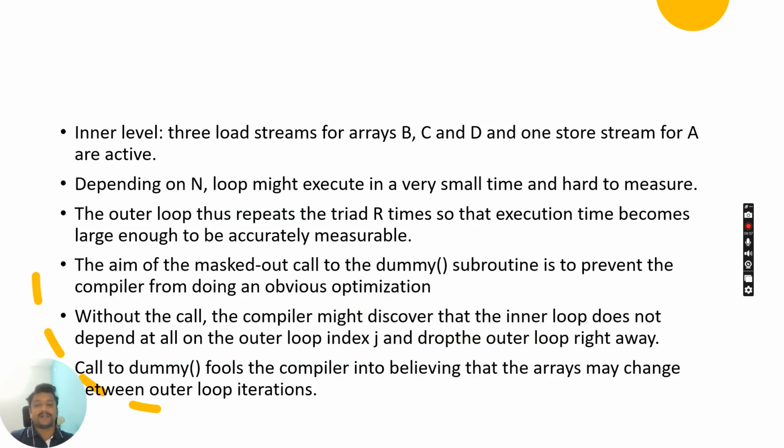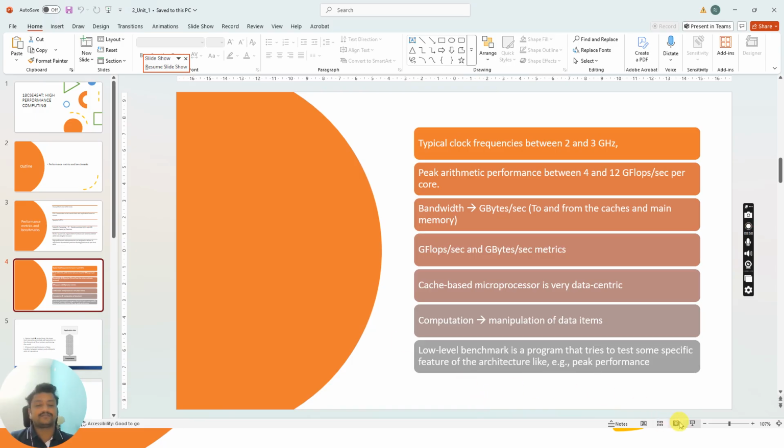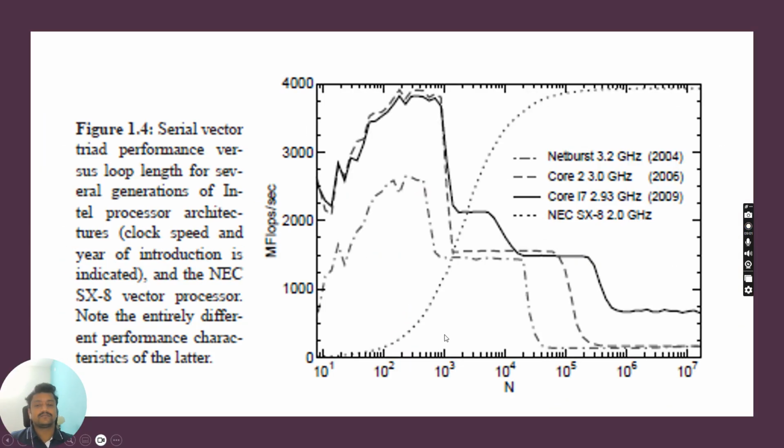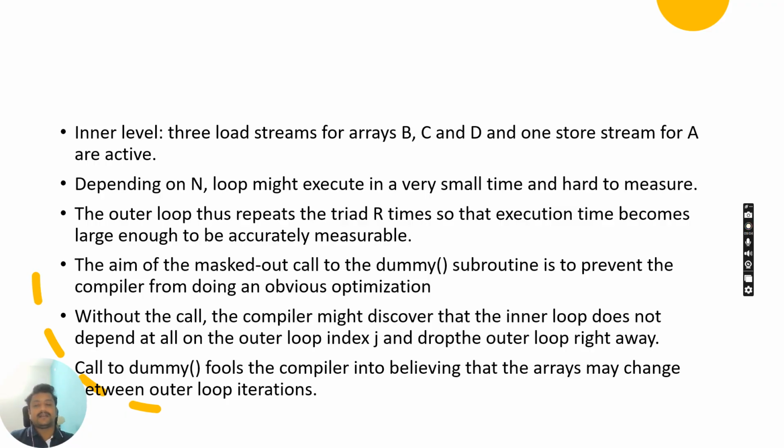The main aim of this particular mask is how to call a dummy subroutine. By using this dummy subroutine, we are able to prevent the compiler from avoiding the overlapping, and also from optimizing the execution process. Without this particular call of dummy, the compiler will discover the inner loop and does not depend